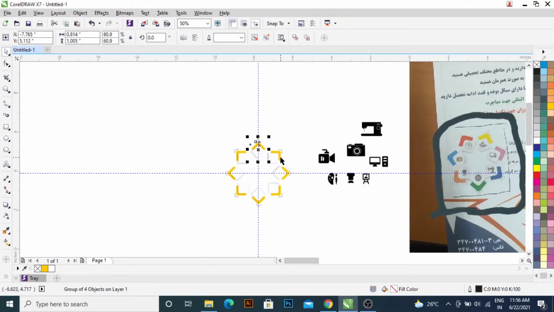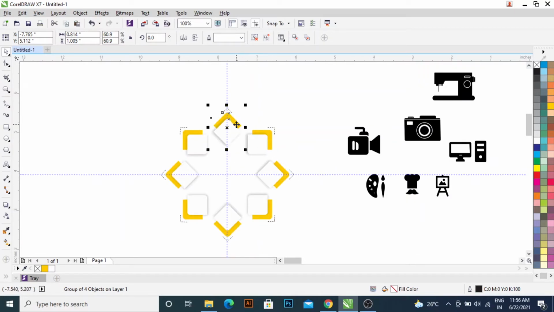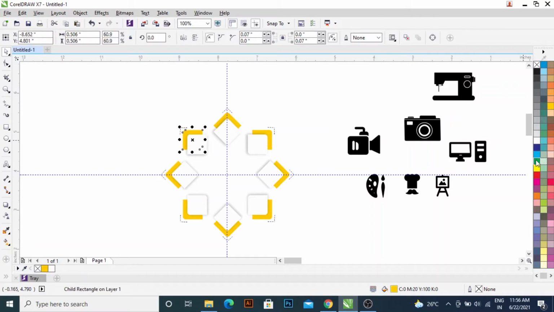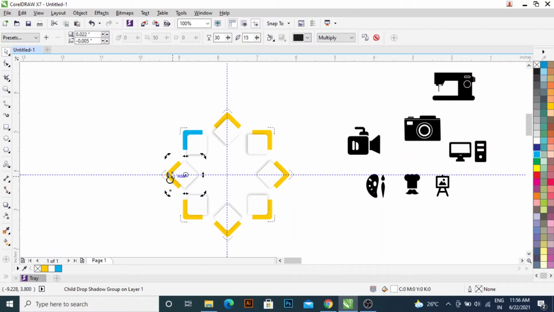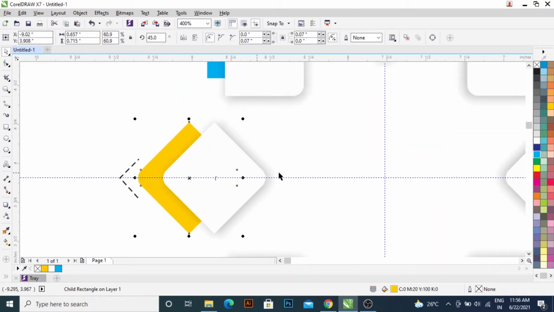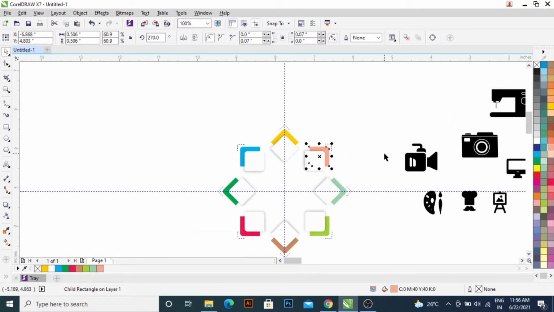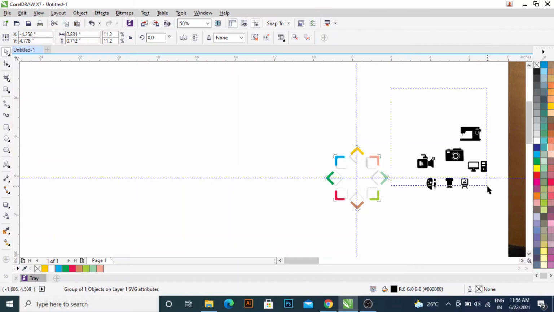So you can change the color individually. Hold Control and select that part and change its color. I'm doing the same thing. You can repeat it. So this is done. We can put this icon in all the